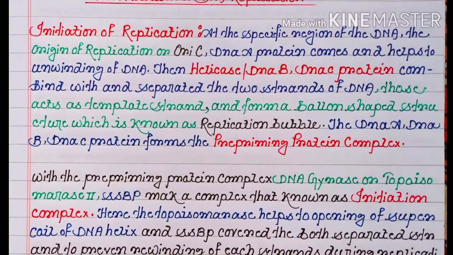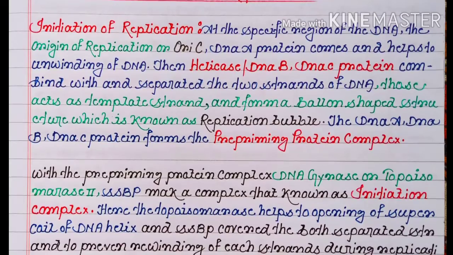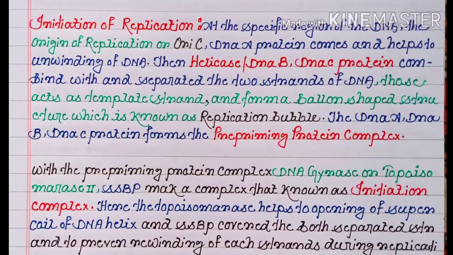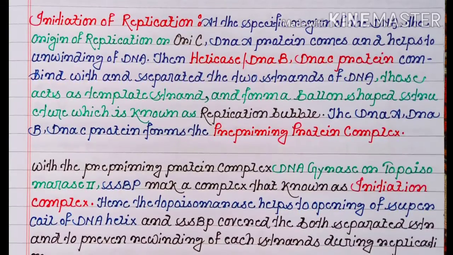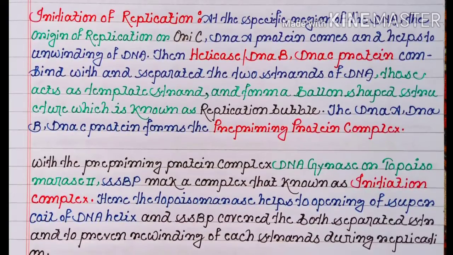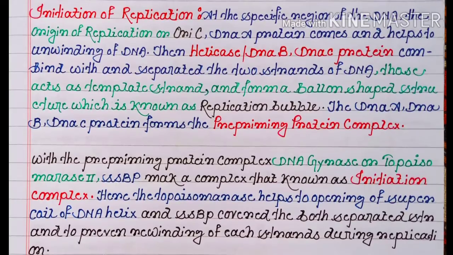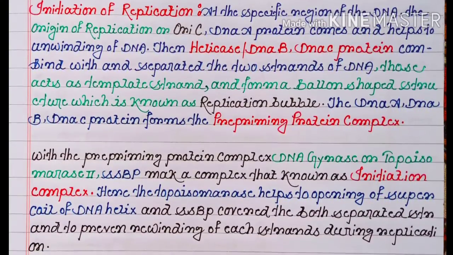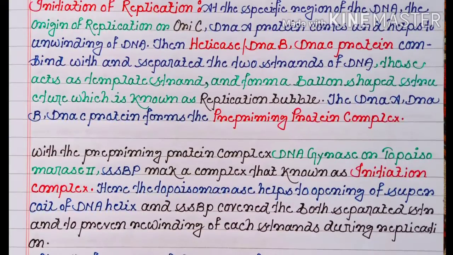Then helicase, or DnaB, and DnaC protein come and combine with it and separate the two strands of DNA. Now those separated two strands act as template strands and form a balloon shaped structure which is known as